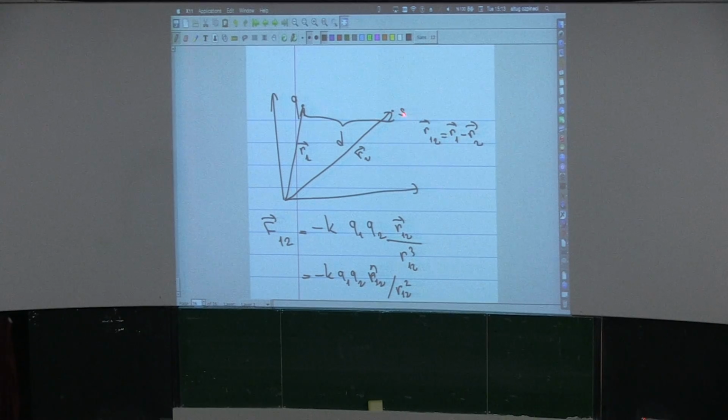Now this R12 vector is pointing in that direction. So this is why I have this minus sign over here, because the force, no, hold on, I don't have the minus sign. Because if we have two of the same charges, the force has to be repulsive. If Q1 and Q2 are both positive charges, then the force acting on Q due to this charge S